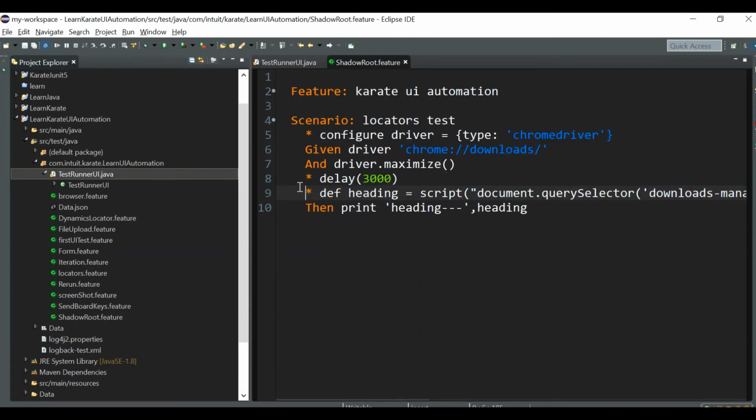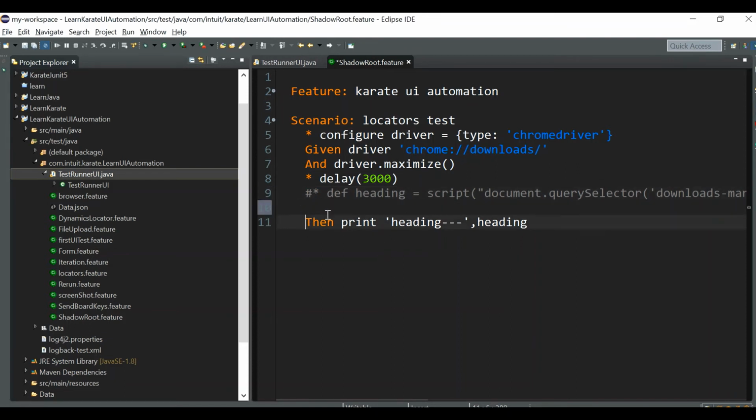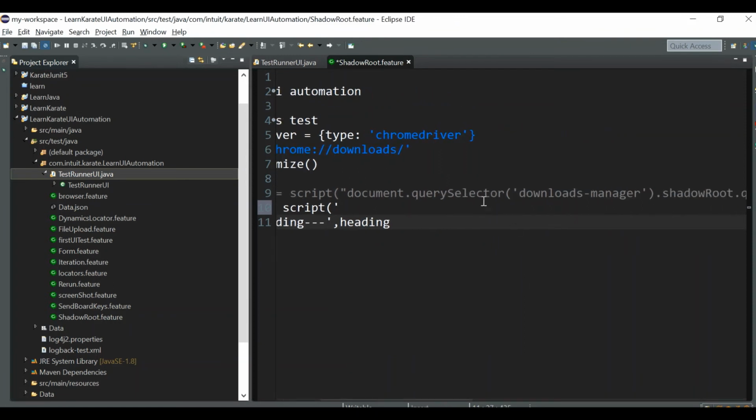Now let's discuss another method to get the content. For that, again, let me comment that out, and we are using the script method only. Here we are passing two arguments. One argument is the web element locator, that is the first tag name, the first locator, that is before the shadow root begins.